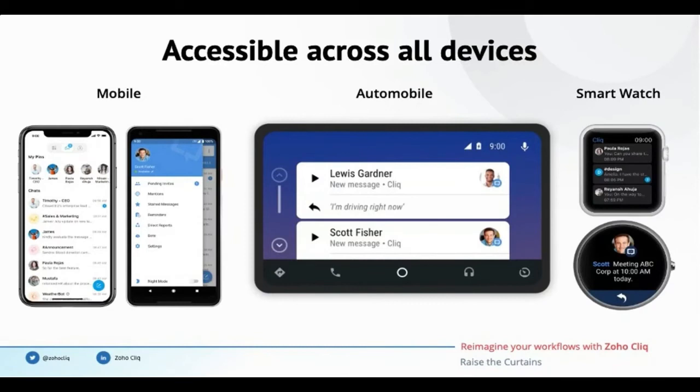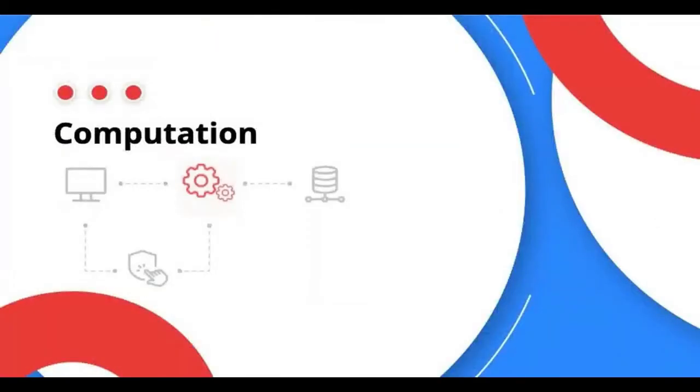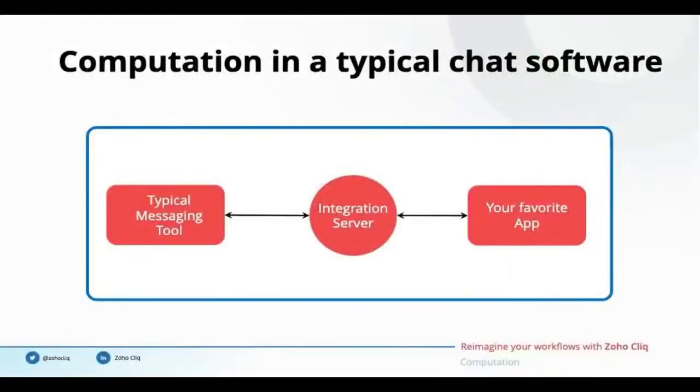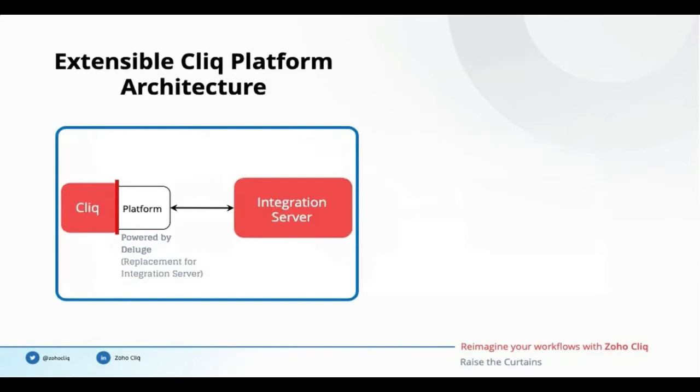The user interface components help us to trigger workflows and collect inputs. So what to do with the collected data? We have to process it in the backend, right? That's where the computation part of the software architecture comes in. It is the backend engine that powers the functionalities of the software. A typical chat software provides you with only the user interface components to connect with the tools of your interest. An intermediate server is required to handle the data flow between the messaging software and your internal tools. But this is entirely different in Click. The computational engine is built right on top of the Click setup.